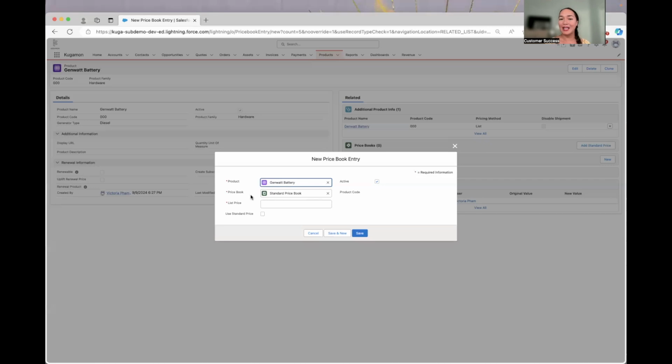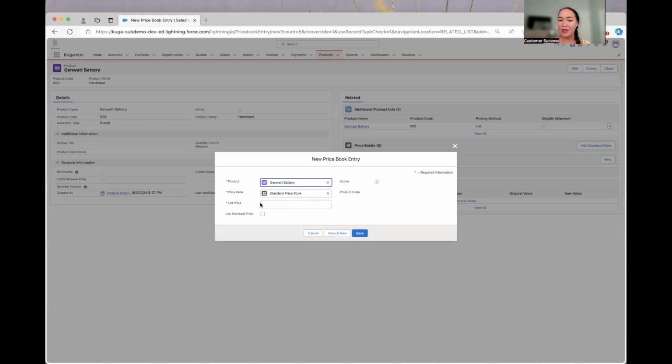Now, you might also just have a default price book at the moment for your org, and that's okay. But in the case where you're already familiar with this and perhaps in your unique situation you have three different price books, maybe a standard, a partner, and a reseller price book, you can always X out of this and start to type in partner price book, and then that will be a result that you can click into and make your designated price book as you create this entry. I'm just going to keep it as standard.